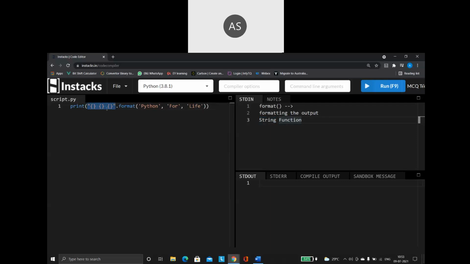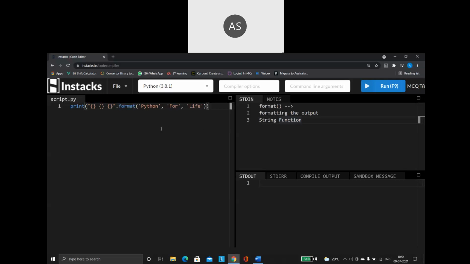Within double quotes, I'm going to put something. After closing of the double quotes, I'm keeping a dot and calling the function. Whatever you give within double quotes is a string. On this string, I am applying my format function. So remember, format is a string based function.